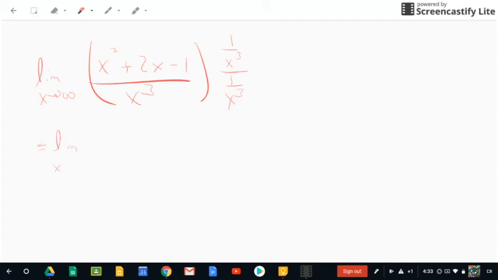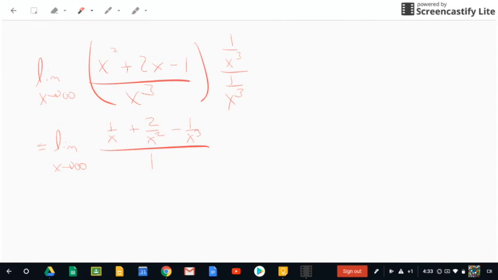So let's say we've got x squared plus 2x minus 1 over, let's just say, x cubed, just for argument's sake. So we're going to take the limit as x goes to infinity. I'm going to multiply numerator and denominator by 1 over the largest exponent that I see in the denominator. When I multiply that through, this will become the limit as x approaches infinity of 1 over x plus 2 over x squared minus 1 over x cubed, all over,